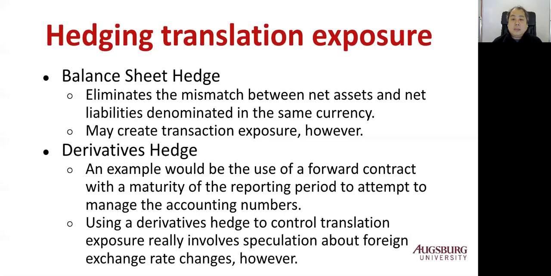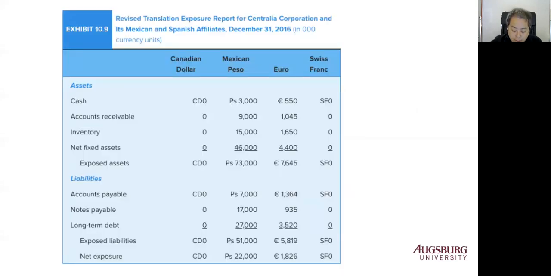If the Spanish affiliate, or more practically the parent firm or Mexican affiliate, had 1,826,000 euro more liability or less asset denominated in euro, there would not be any translation exposure with respect to the euro, right? So the amount exposed is like here we can see in euro,